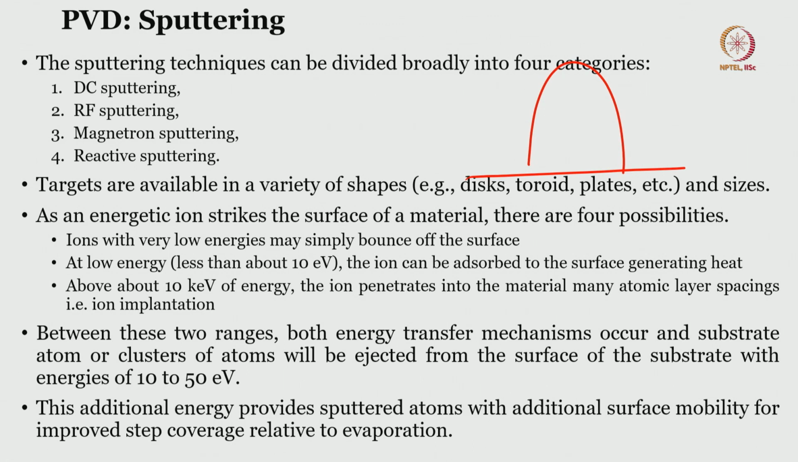So, what it says is, as an energetic ion strikes the surface of a material, there are 4 possibilities. First, ions with low energies may simply bounce off the surface. Second, at low energy, which is less than 10 electron volt, the ion can be adsorbed to the surface, generating heat. The next one is, above 10 electron volt of energy, the ion penetrates into the material many atomic layer spacings,